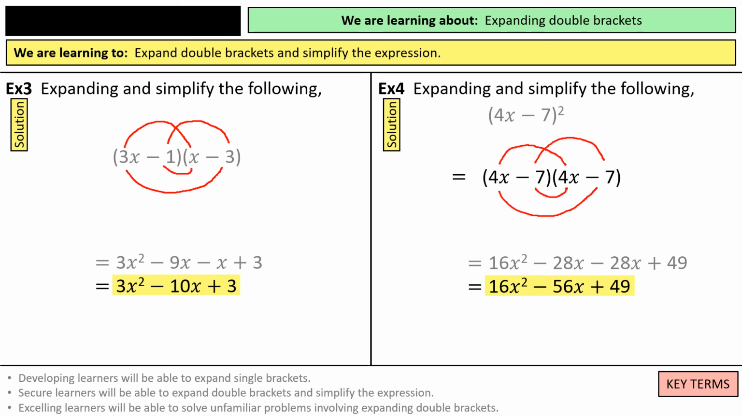But it's important before we do that to recognize what a quadratic equation looks like. So it is something like 3x squared minus 10x plus 3, or 16x squared minus 56x plus 49. And we'll address that in a future video. But before we do,